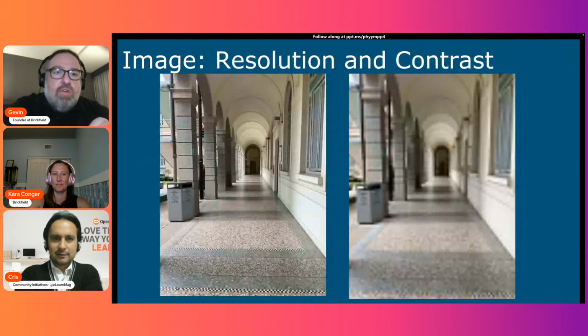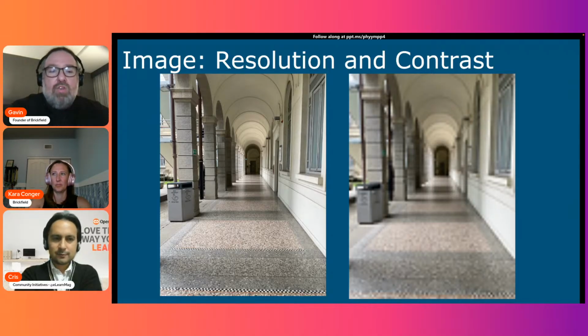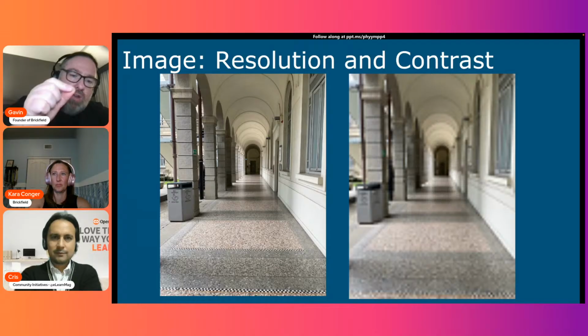Another key thing about images is the resolution and the contrast. But let's think about the resolution. So here you have two images. On the left-hand side, you have this lovely corridor. It was in one of the technical institutions in Milan, where I was lucky to be about a month or so ago. And you can see the crispness in the shadows, in the design of the tiles, and in the walls on either side, and the whole way back to the end of it. It's real crisp and clear, and you'd be able to zoom in if you had this on your webpage.